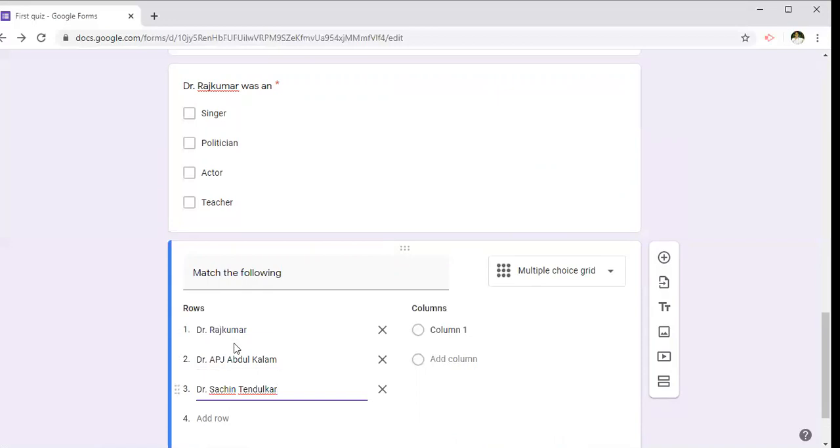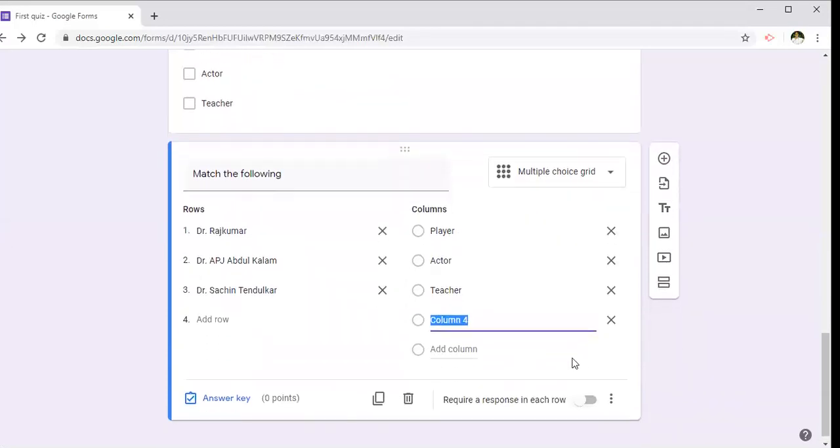So these are the rows, and for columns I'm going to give player, and next actor, and next teacher, and next carpenter.